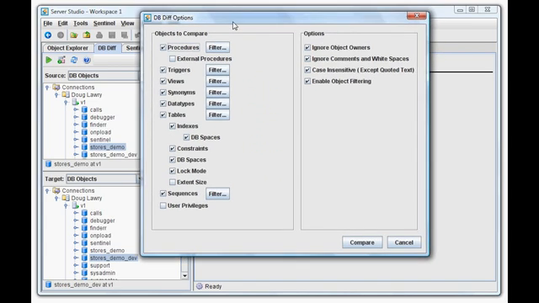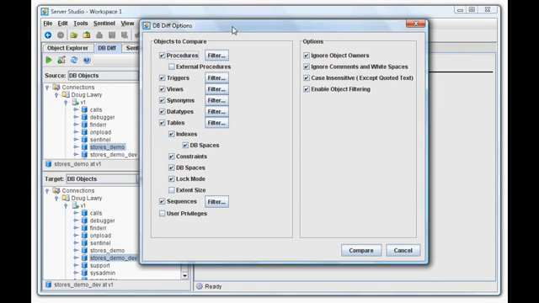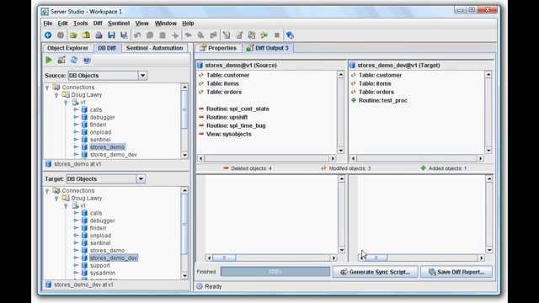There's quite a few options you can choose from as to which things you want to treat as being significant when comparing the two databases. What I've got shown is typical, so we're, for example, not going to include extent sizes in the analysis or user privileges. Okay, if we then run the comparison,